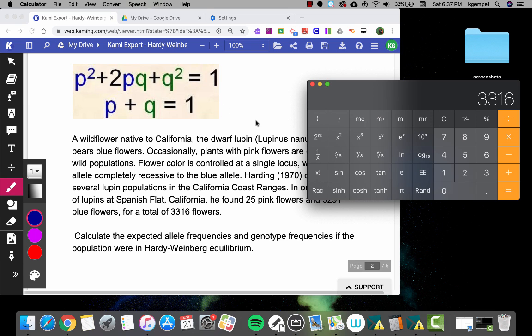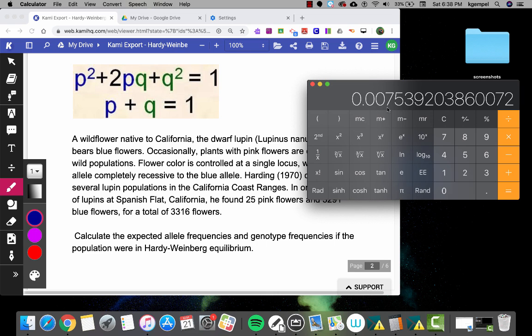So we have to figure out the frequency of those individuals, the percentage of them. 25 divided by 3,316 total flowers. So you need to be careful about what you're doing mathematically here. Sorry. 25 divided by 3,316 is going to be equal to